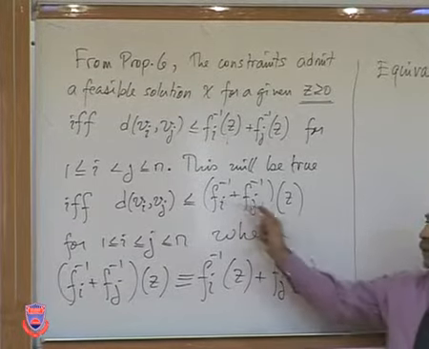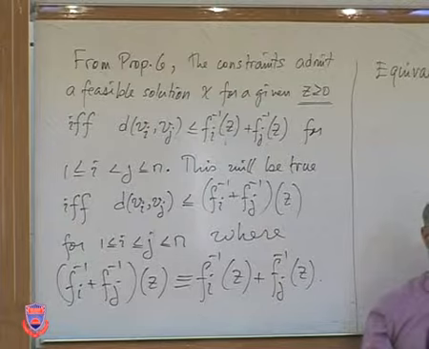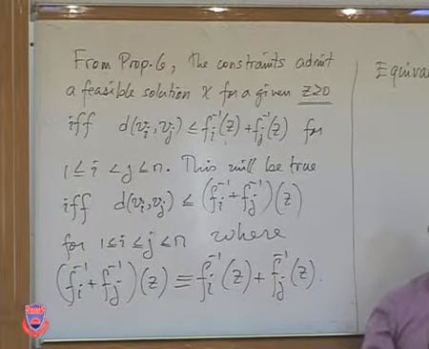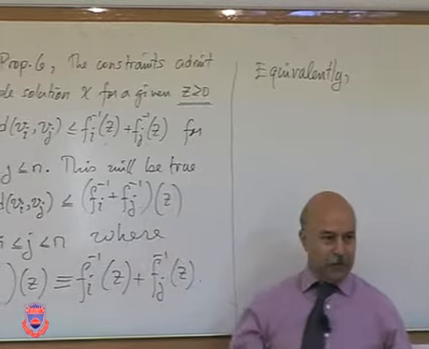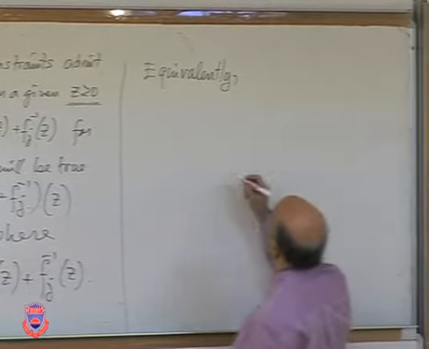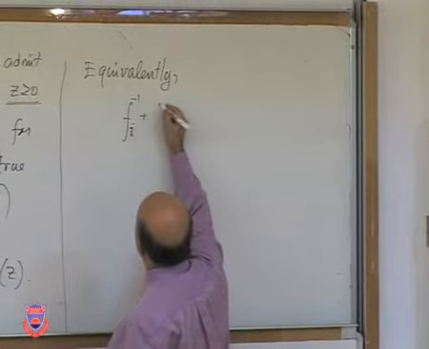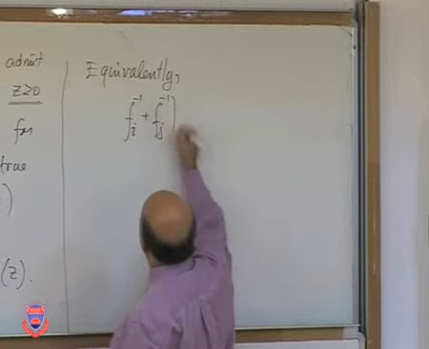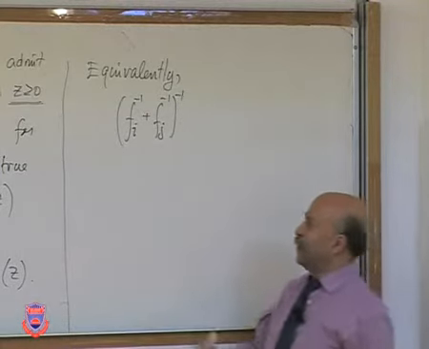For that reason, the function you see here is monotone increasing, which means it has an inverse. Okay? So I can apply the inverse of that to both sides again. When you do that, you get fi inverse plus fj inverse, and we know that that one exists,